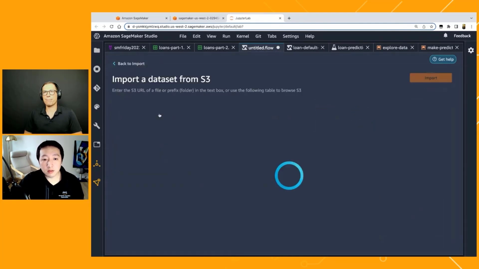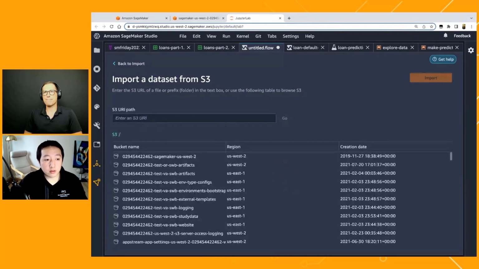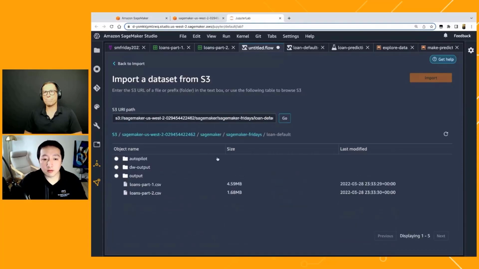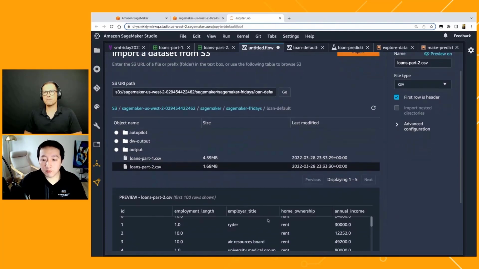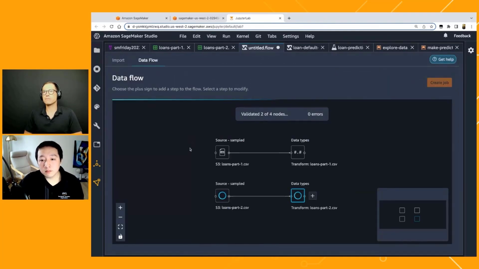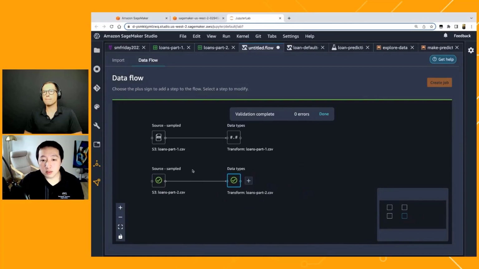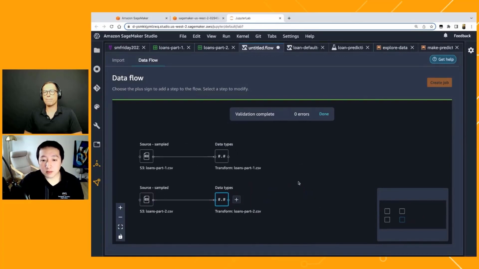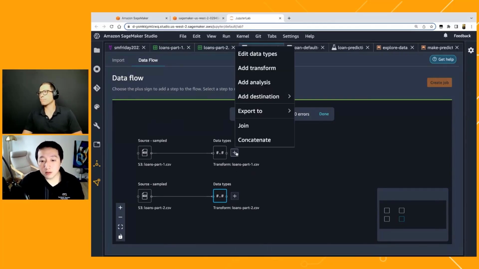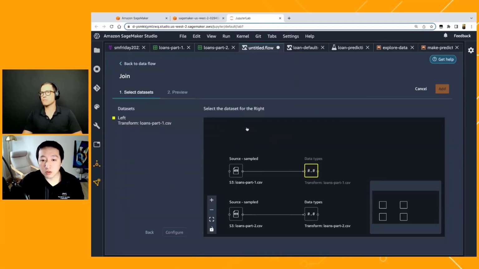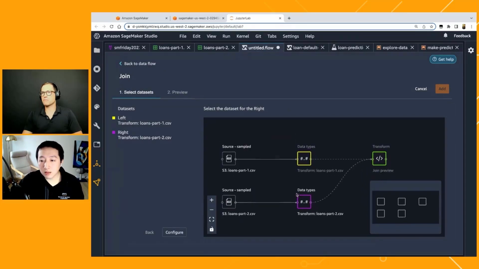Now come back to the import part, because we need to import another file. And this is exactly what we looked at before. So I'm going to import it. So these are the data sets that we have. And the first thing we need to do to have a better overview of customer behavior is to join them. Joining in Data Wrangler is very easy. You right click on the plus sign, click join, and you can join the other tables together.